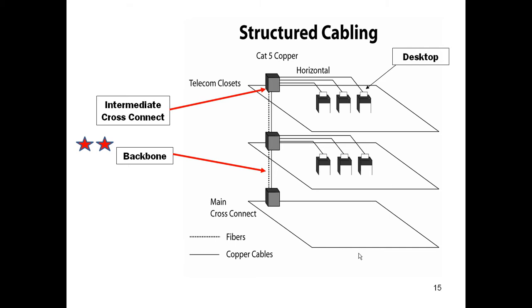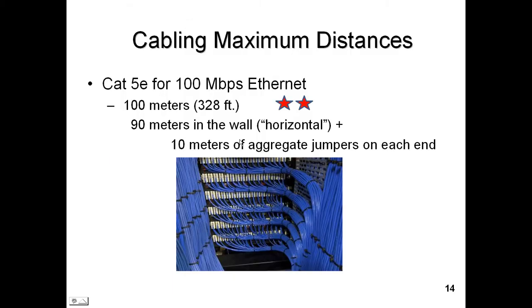Now I do want to point out one thing here, and I want to make this very clear. The maximum distance in the EIA-TIA standards for Cat 5e cable for 100 megabit Ethernet is indeed 100 meters or 328 feet. I have connected IP cameras up to 500 feet of Cat 5e cable on a roll to see if it would work, and indeed it did work. I'm not telling you to not follow the standards. What I am telling you is that